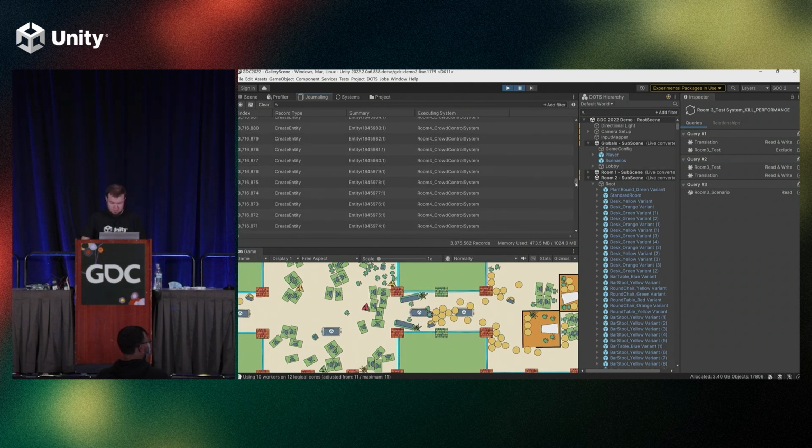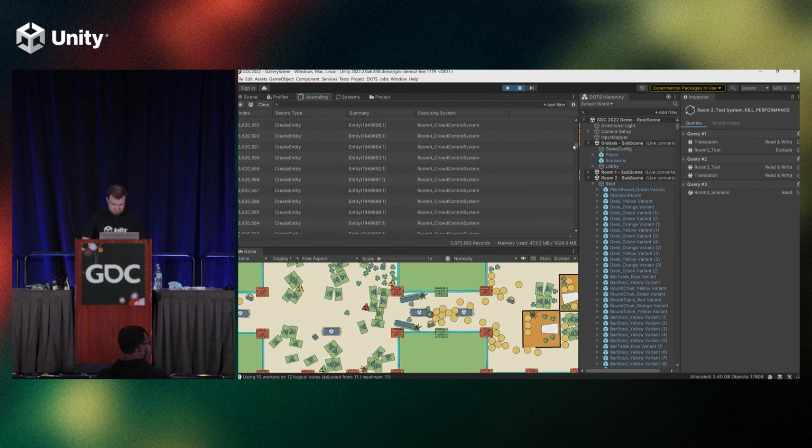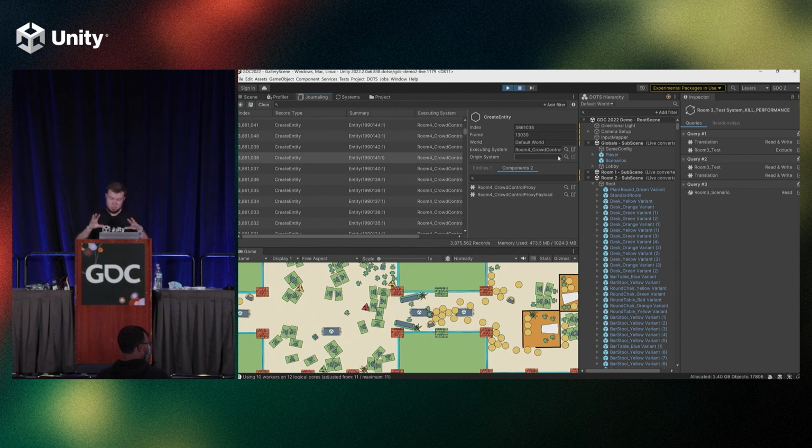We can, of course, see who did this. It's all the same, yeah. By the way, there are better ways to create entities. Do not call create entity one at a time like this. It's just done for dramatic effect. So we can select one of these, see some details, just like we could in the watch window with some nicer UI. We see the entity created, we see the components that were added, and of course we see the executing system. What's cool about the window is that because it's in the editor and it's in context,